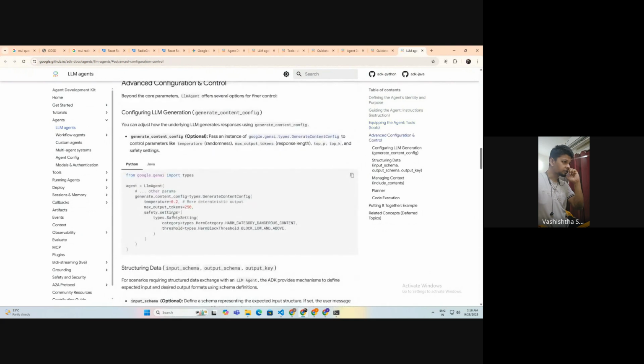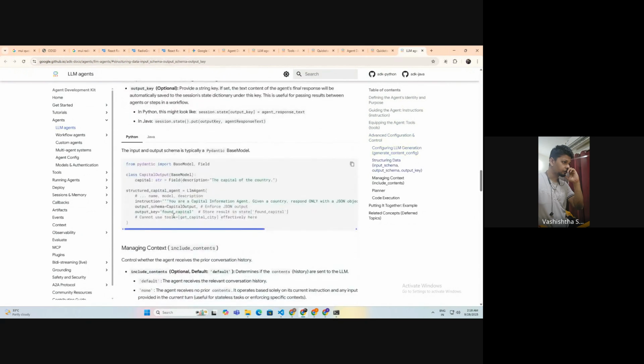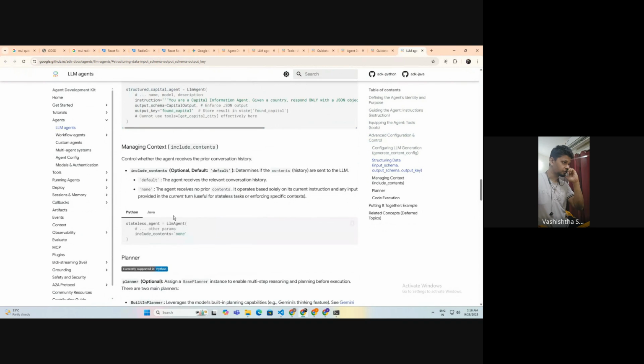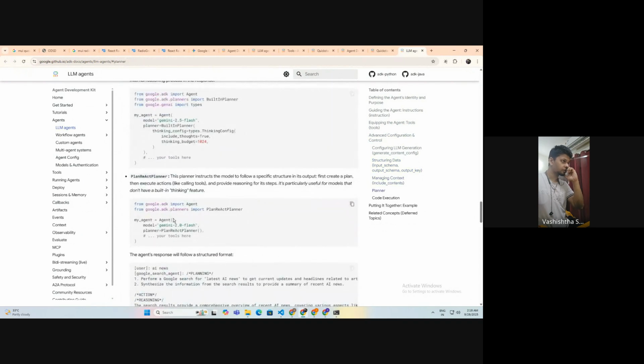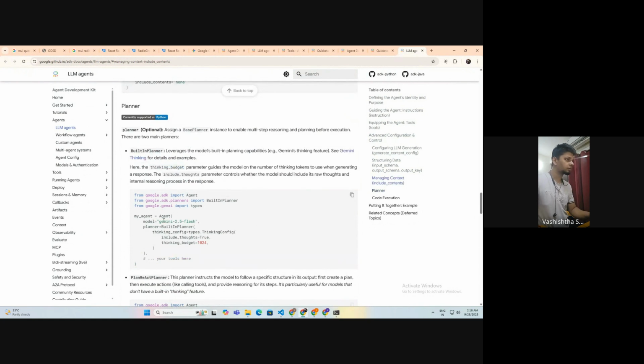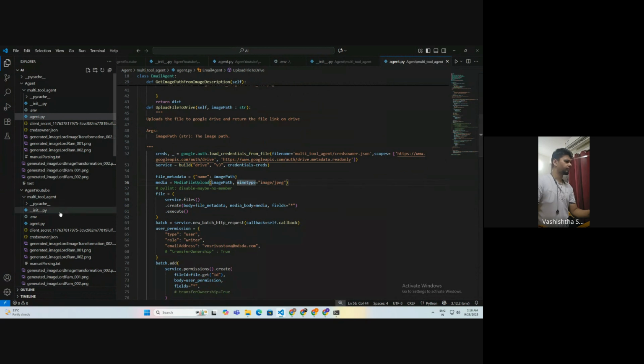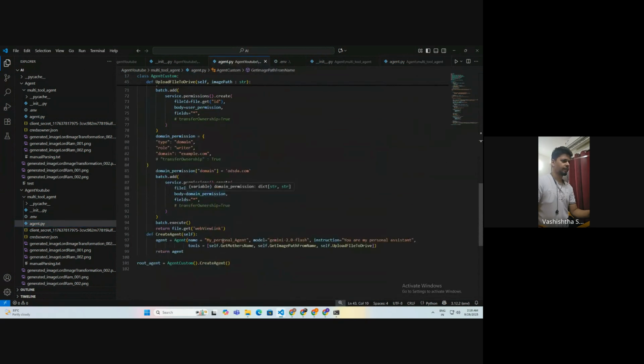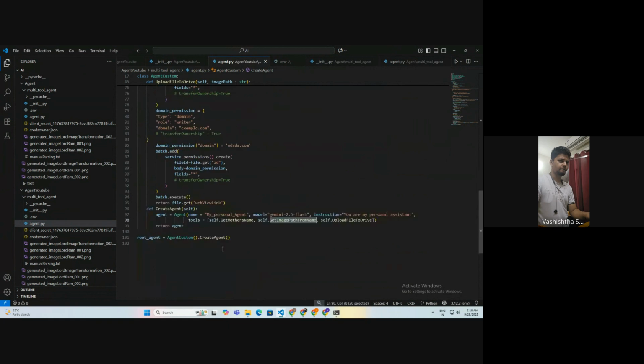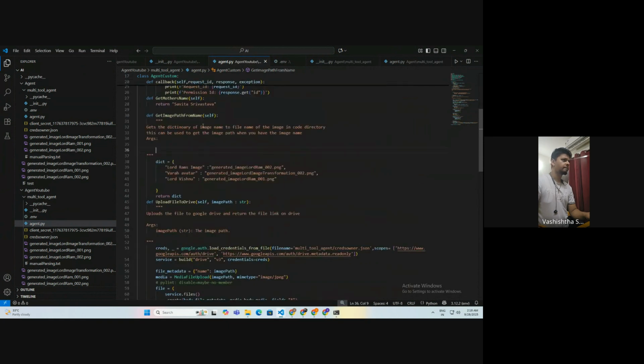There was this part where we could add some thinking logic to it. Let me update this model, maybe that will help it out. Image name.